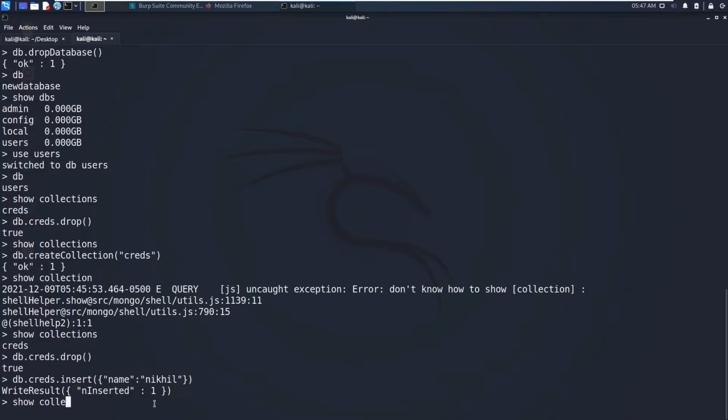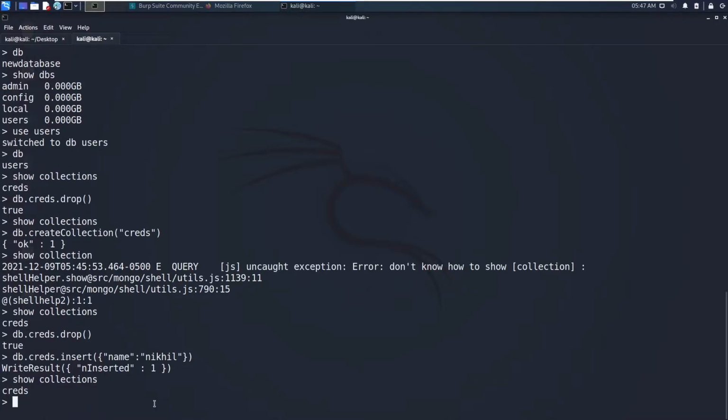Now let's say show collections, and you have these creds. So to view the data in the collection, you can say db.that collection name. Which collection name I want to view the contents of? This creds collection. Creds dot I can say find.